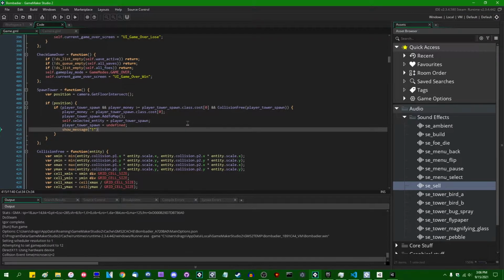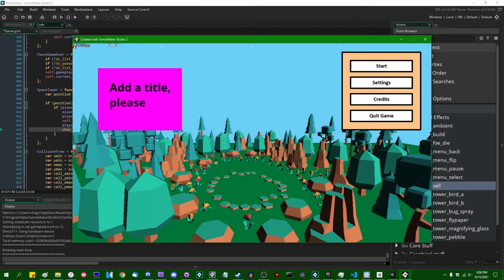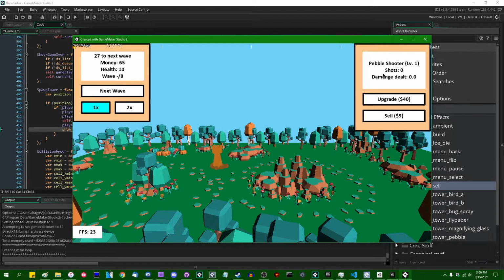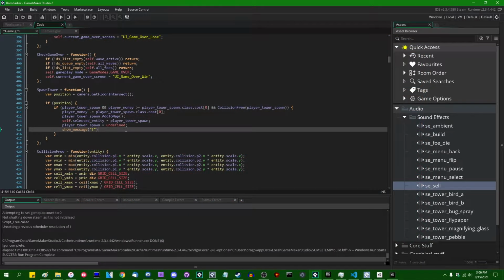This is what happens when I take a 2-month break between recording sessions for this game. Alright, good. So in this block of code, this is where I can say audio play sound. Sound ID is going to be SE build. Priority, I'm gonna...